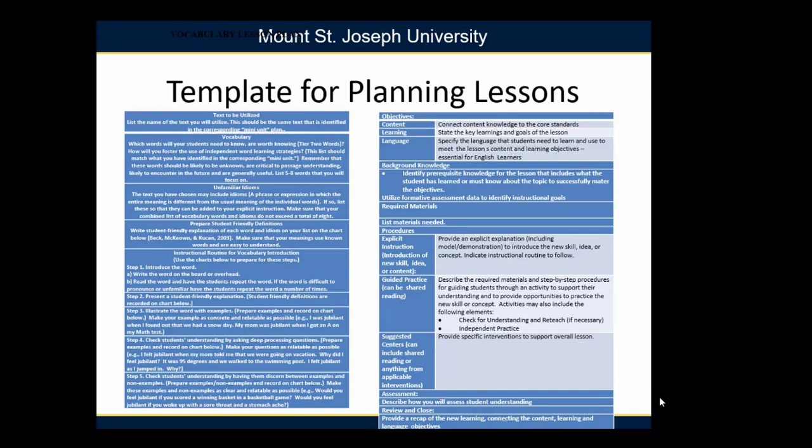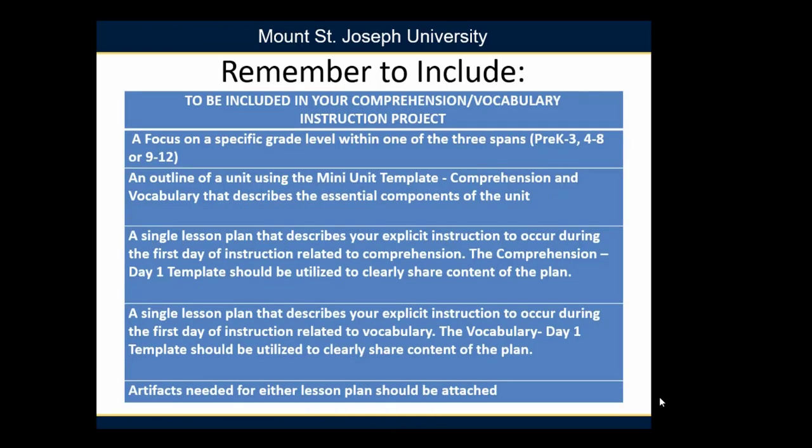Again, using the templates provided will guide you in including all necessary components of this project. It is important that everything is included and uploaded with your project. You will need to include the designation of a specific grade level within one of the 3 spans, either pre-K to 3, 4 to 8, or 9 to 12, an outline of a unit using the mini-unit template, comprehension and vocabulary, that describes the essential components of the unit,